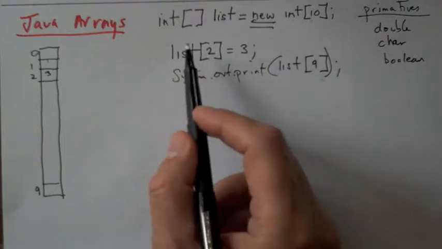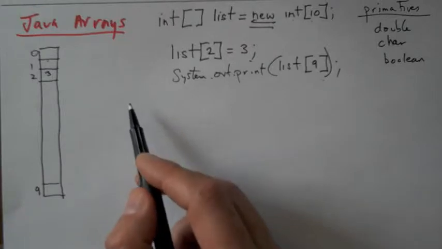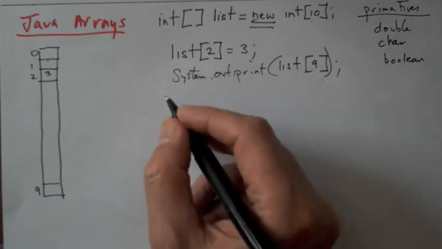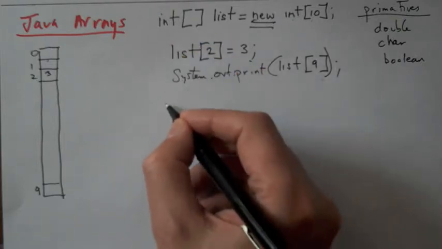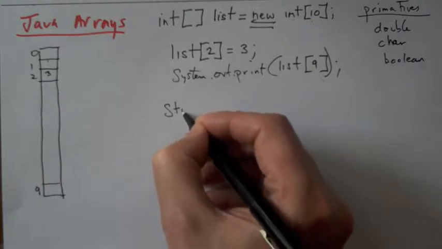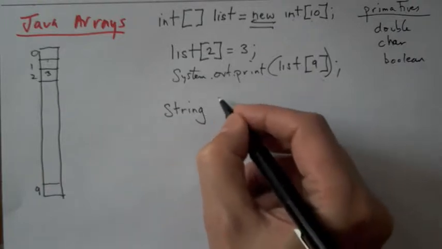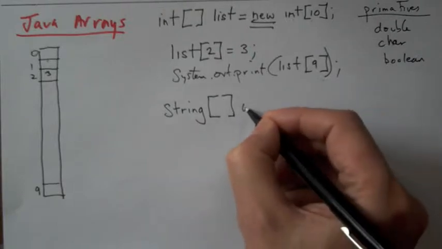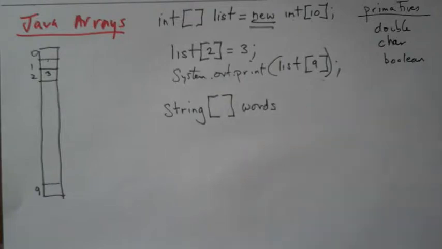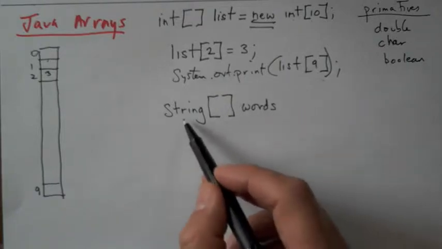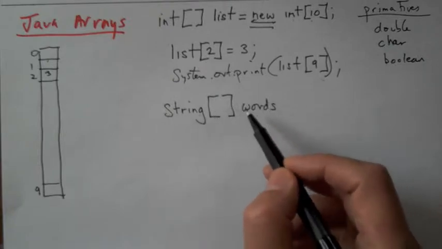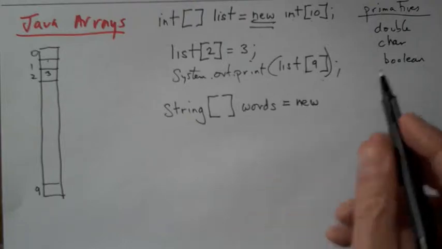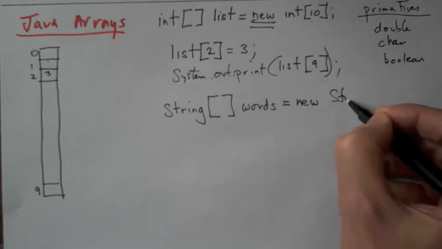So what about, these are primitives. Now what about if we wanted to store objects in an array? Well, declaration is going to be whatever the object type is. So let's use string, because that's an easy one. String, that's the object type. So we're going to have an array of strings, and we'll just call this words, right? So we have an array of string objects called words, and now we need to actually grab the memory that we need for that. So new string